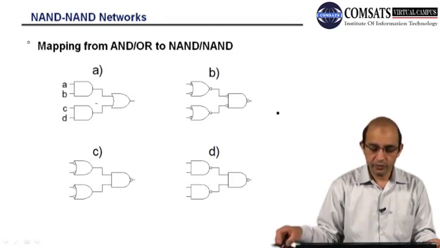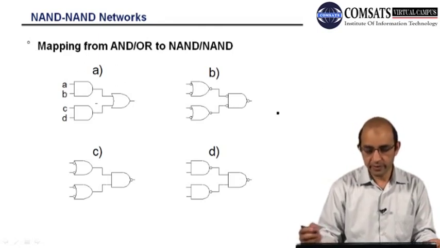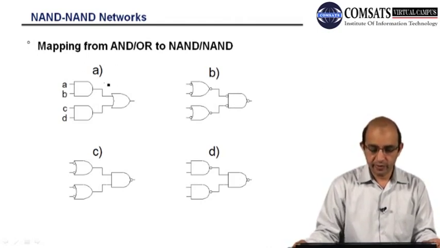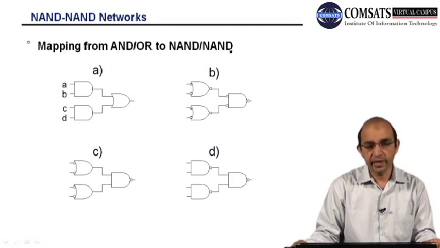If you want to compute, you can always compute the input, when we will achieve our goal, that is mapping of AND-OR to NAND-NAND. So then in the third step,